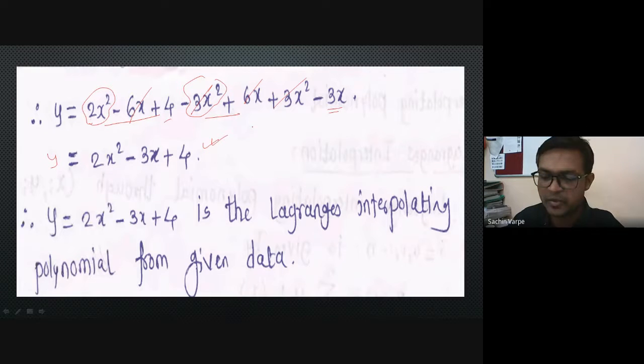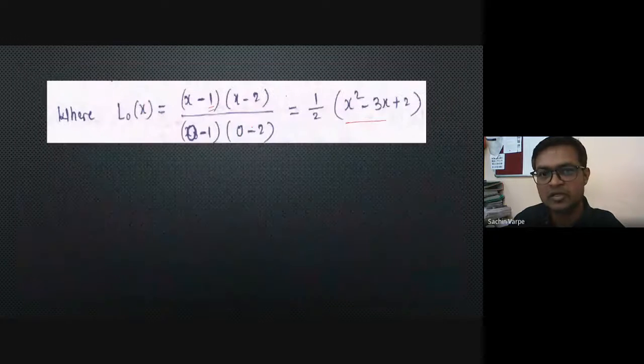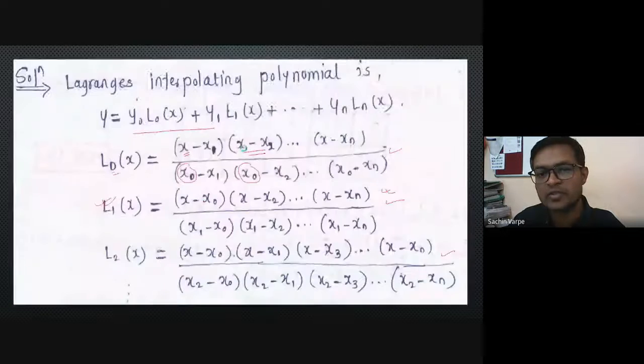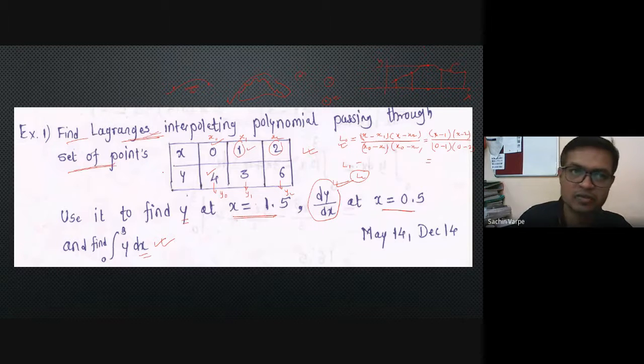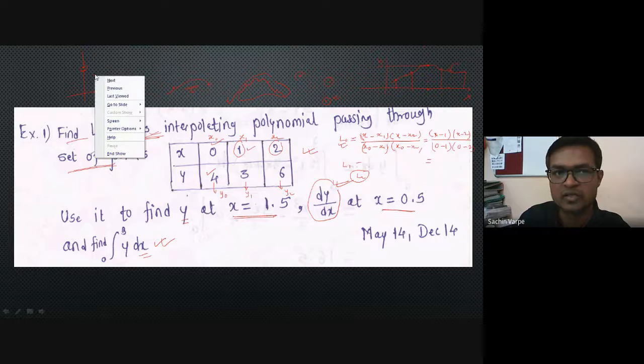So at the beginning, see here, we have been given the points only. You can see these are the points. This is discrete data. If you plot these points on a graph, how will the graph look? Just see here. If we plot these points, 0, 4 will be somewhere here, right? The next point is 1, 3. So here it is 1 and 3. So that will be somewhere here.